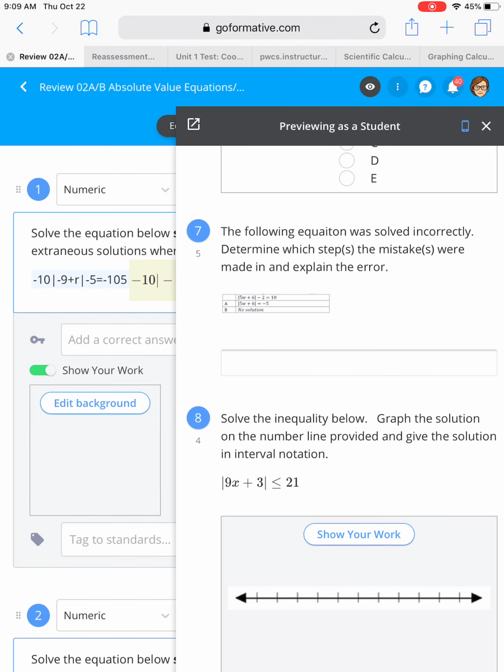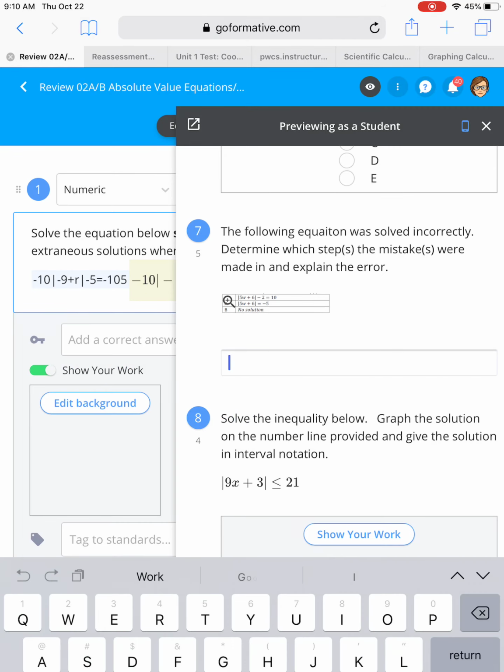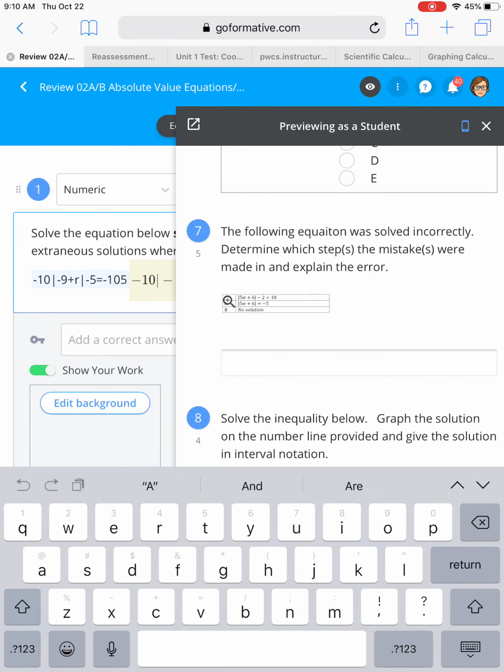All right. Let's go to number 7. So I have to actually fix the spelling of equation. The following equation was solved incorrectly. Determine which step was made in error and explain the error. For this one, they divided by -2, so the error is in step A. You'd say A in your answers. Hopefully yours is actually coming out. And you would write, they divided